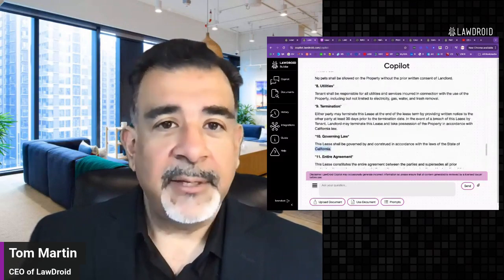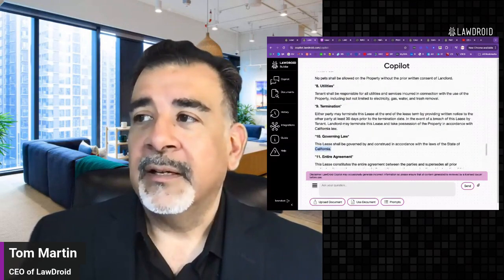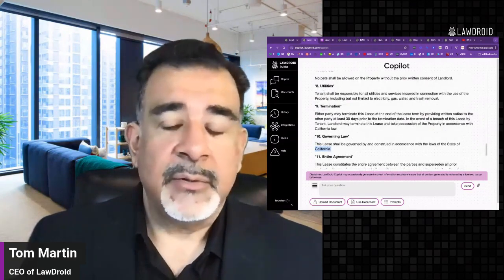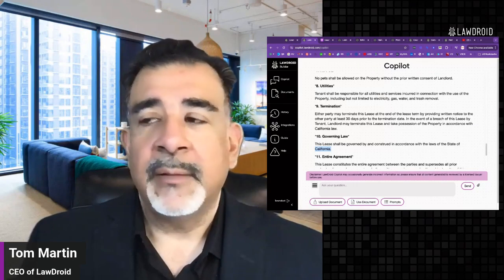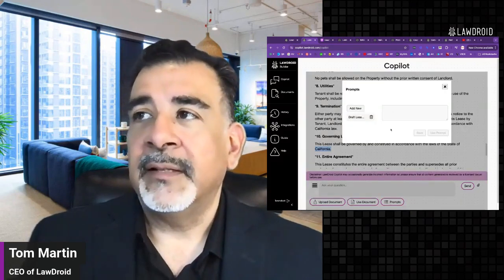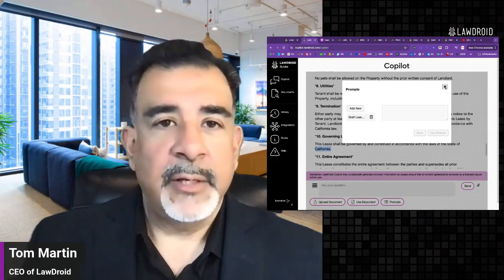So not too shabby for a prompt that you can save and reuse. And you could save and reuse any prompt that you have in mind or that you've used in the past and have it conveniently located within your prompt library for reuse.